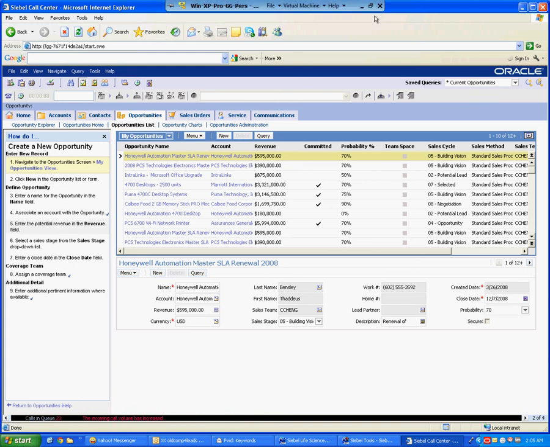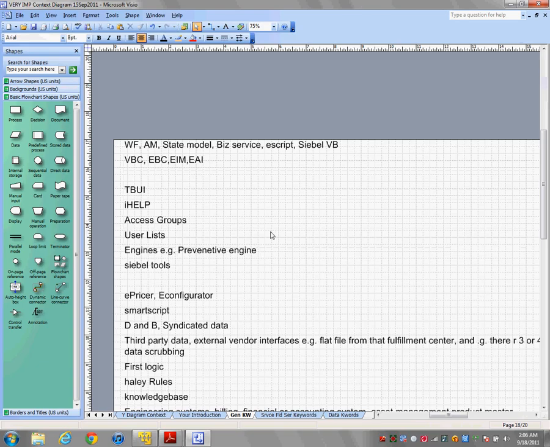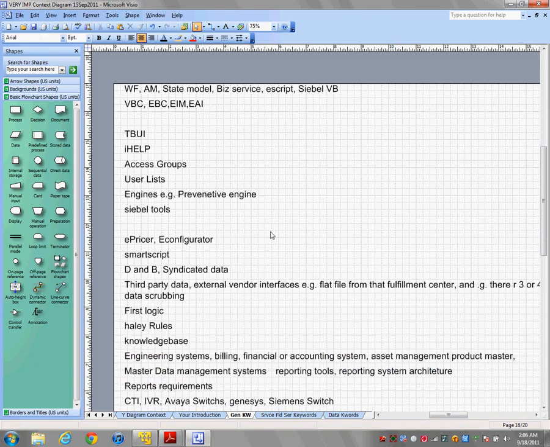This is Siebel 8, right? Yeah. Access groups, user lists,